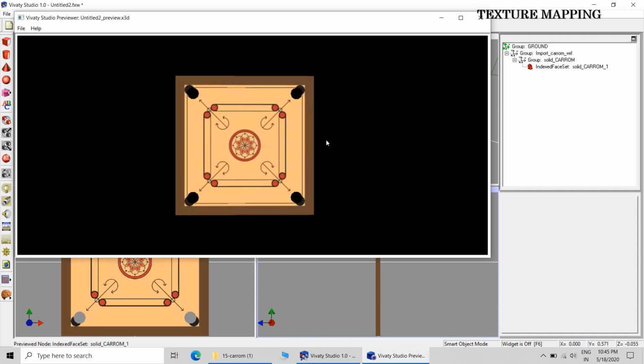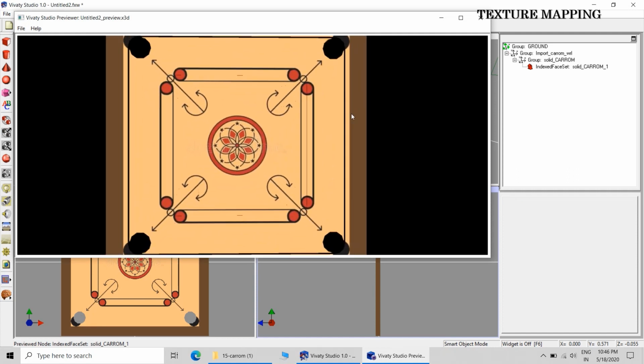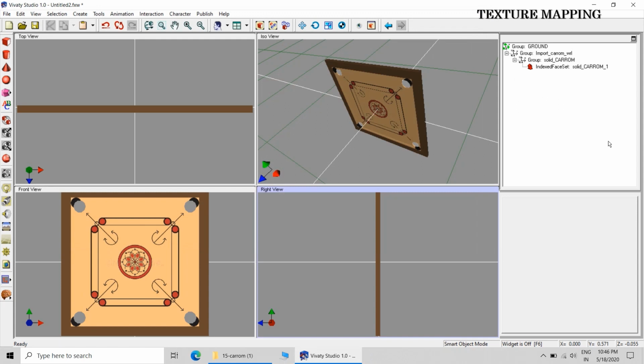You can see there is a little bit of mismatch at the holes along the four corners, but that can be tolerated. That mismatch is not much. So here we have actually carried out texture mapping.